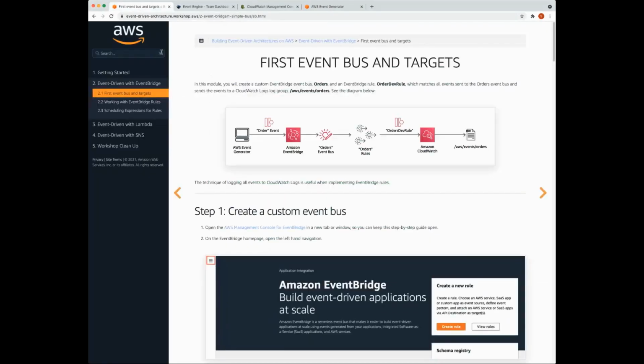All right, so it seems everyone has been able to complete the first step of the lab. So the next thing we're going to move on to is working with EventBridge rules. If you're following along using the workshop link, that's section 2.2 under Event Driven with EventBridge.